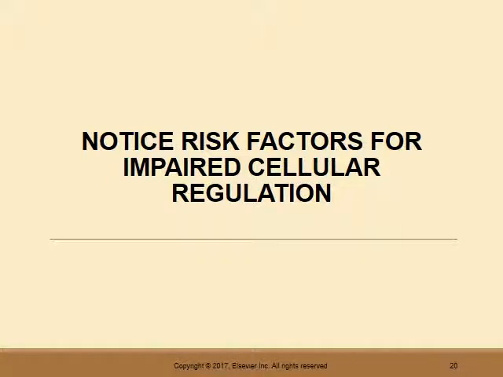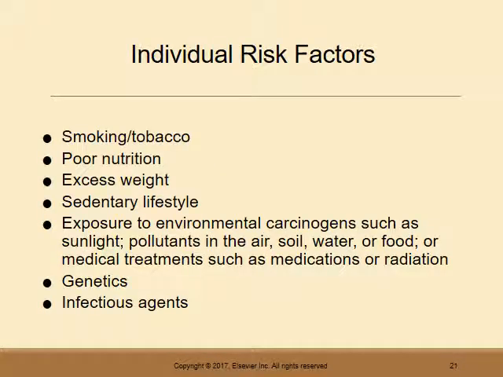What are the risk factors for impaired cellular regulation? Talking about risk factors, I think each one of us would have probably written smoking and tobacco down as the first thing that came to our mind as far as preventing cancer. It's the most obvious one, and it is responsible for about 30% of all cancers. Quit smoking, gang. Poor nutrition will also increase the risk of cancer. Eating a lot of red meat and having low fiber diets will put a person at increased risk. So nutrition is an important area to investigate with our patients.